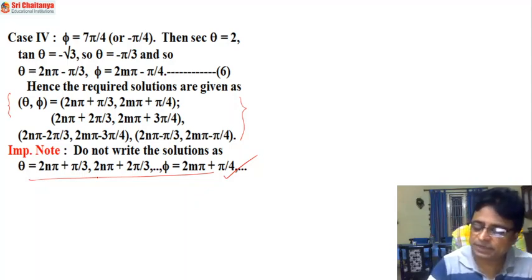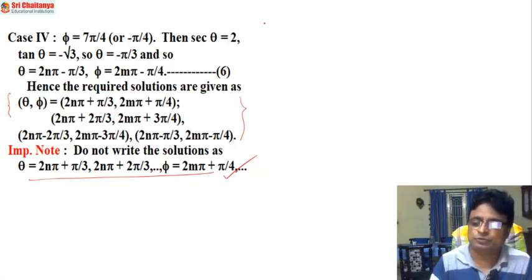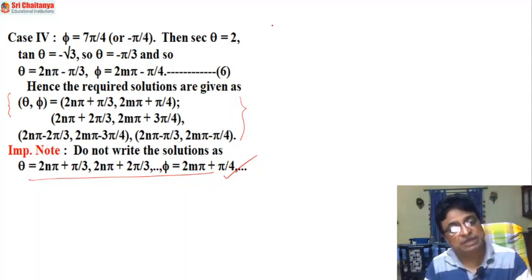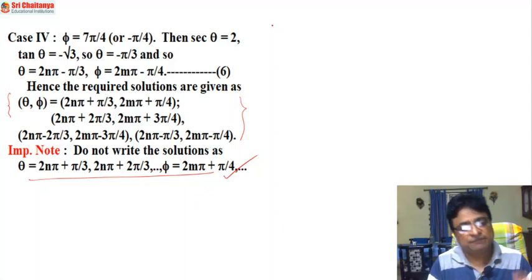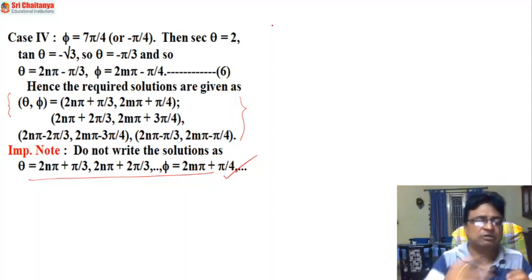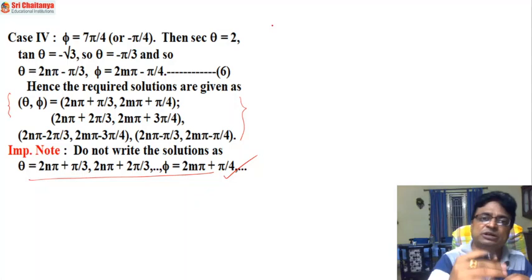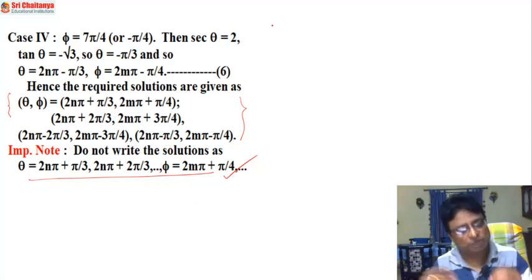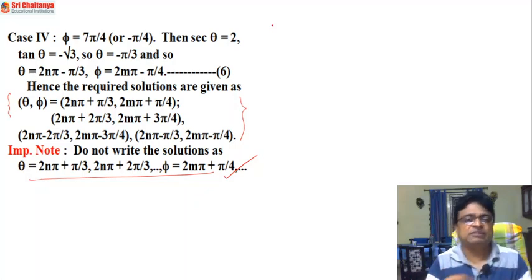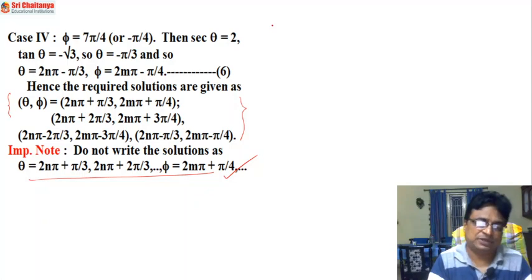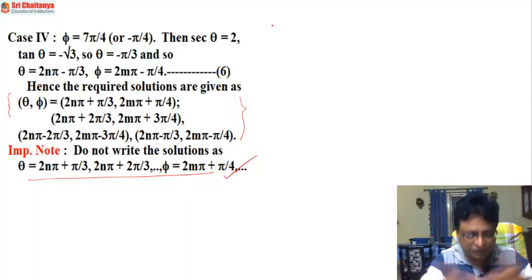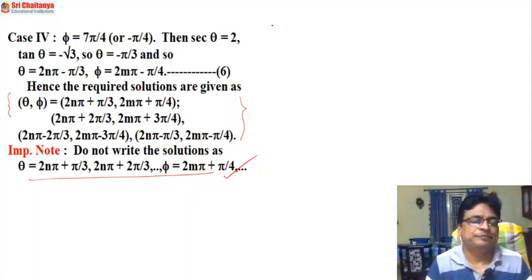And another important point is, in this entire stage we practiced that if n is an integer, n plus 1 is also an integer, n minus 1 is also an integer. If n is an integer, in integers there are even integers and odd integers. We can represent even integers with 2n, odd integers with 2n plus 1 or 2n minus 1. Both 2n and 2n plus 1, if you substitute in the given equation, you will get different appearance in the final form of the general solution. Those things you need to practice. So this is the only crucial point for solving this one.